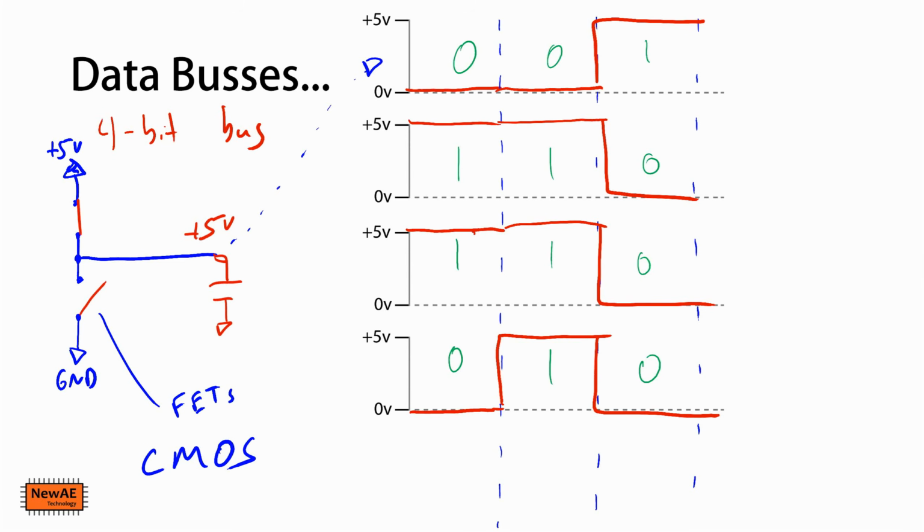So this is causing very small power spikes on the various rails. We could look at, for example, if this was the plus 5 volt rail, right here, there's some baseline. There's actually going to be a little bit of a spike because of this one line that changed. Over here, we'll have the same thing. In the plus 5 volt rail, there's only one line that went from 0 to 1, so there's just a little spike here. If we looked in the negative, the ground rail, we'd actually see the opposite because 3 lines went to 0, so there'd be a larger spike in the negative rail. And the same thing over,